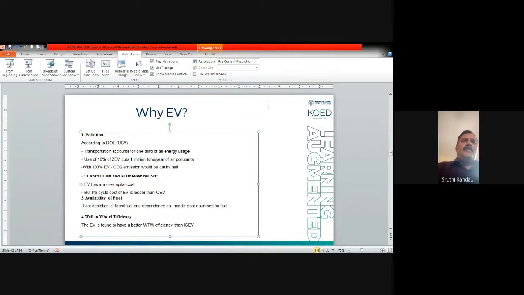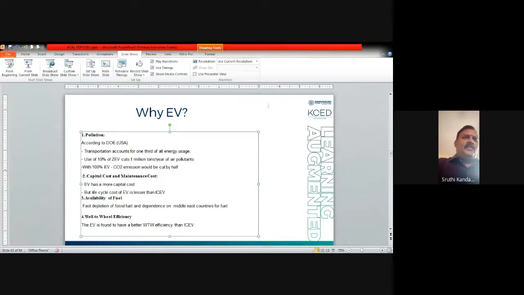Next one is the availability of fuel. Already I explained that 60% of fuel is almost consumed by the consumers. The remaining we have is only 30 to 40%. We can leave this 30 to 40% for our future generation. Therefore, we can go for